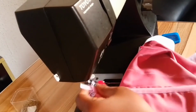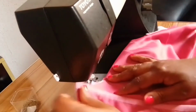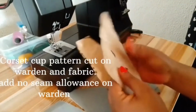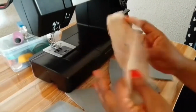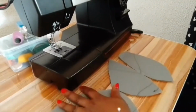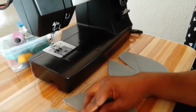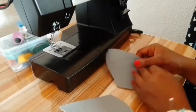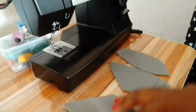So I had to kind of find my way around this. As we proceed, I will show you what I did. So this is the cup. I'm done placing the boning. I didn't want to start showing you how I placed all the boning so that we don't take so much time. So I'll just go ahead and show you how I joined my cup, the boning,